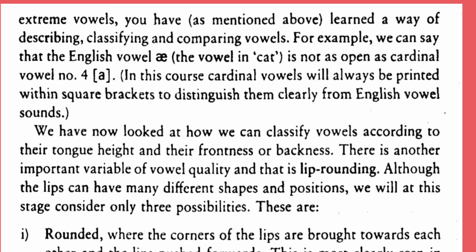We have now looked at how we can classify vowels according to their tongue height and their frontness or backness. There is another important variable of vowel quality, and that is lip rounding. Although the lips can have many different shapes and positions, we will at this stage consider only three possibilities. These are